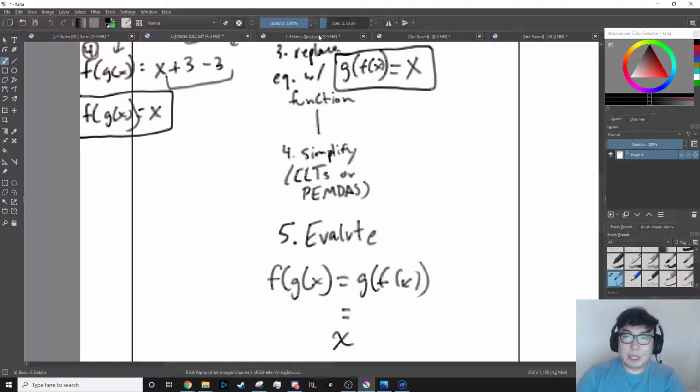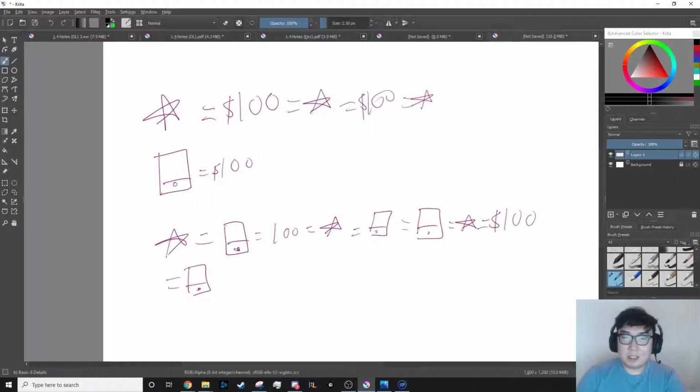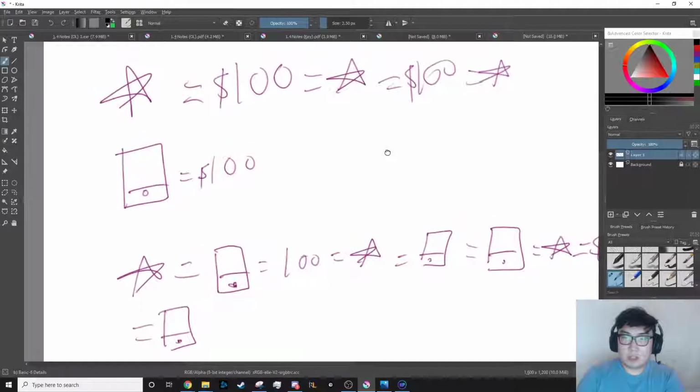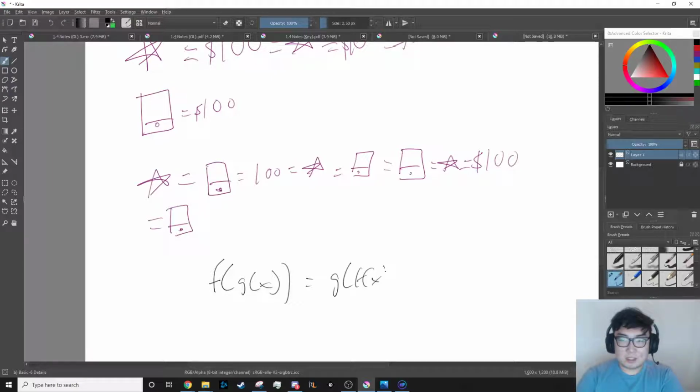If I come back to my example of star is equal to phone is equal to $100, you see how I can infinitely interchange these over and over again? I need to do the same for f of g of x is equal to g of f of x